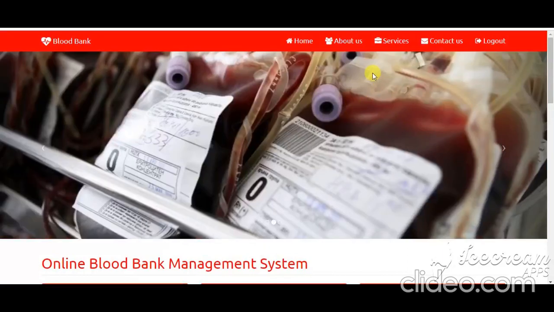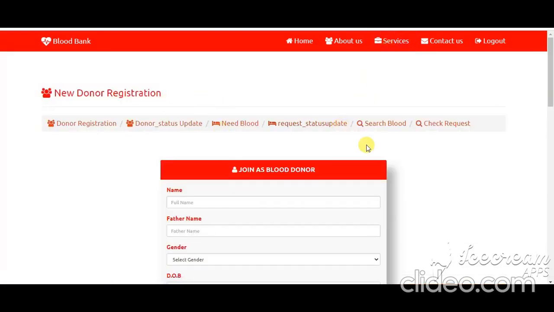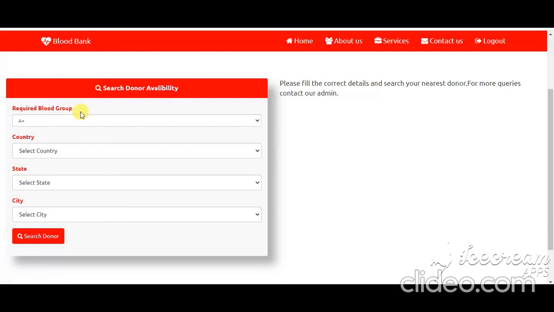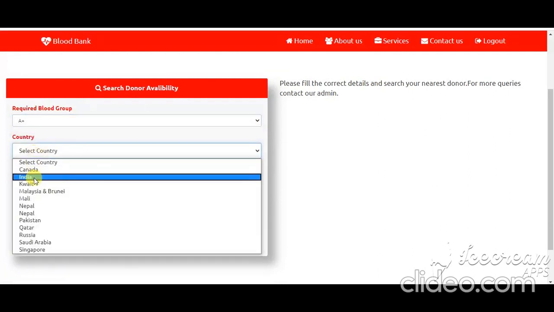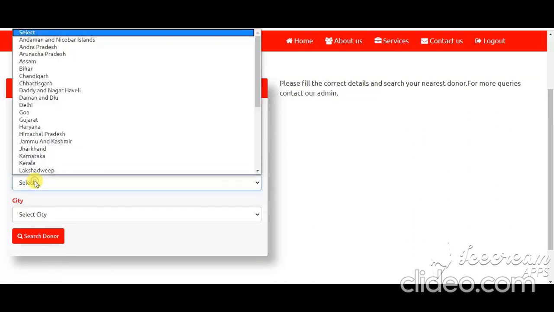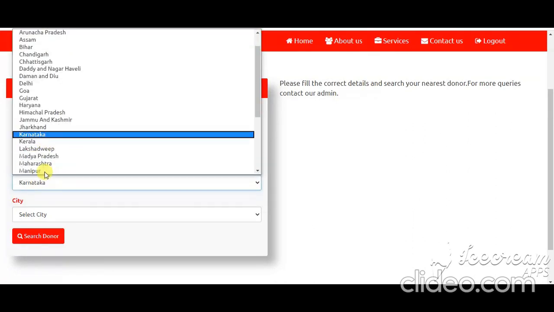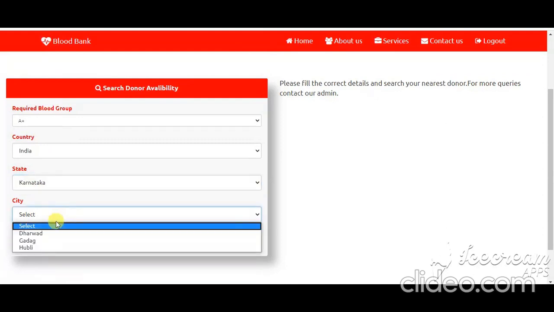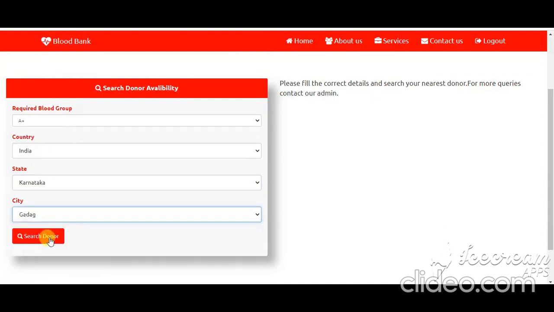To search for a blood donor, click on the Service option. Now click on the Search Blood option and then fill in the details for searching for a blood donor in a particular area. Select India and then select the state Karnataka, and for the city, Gadag.